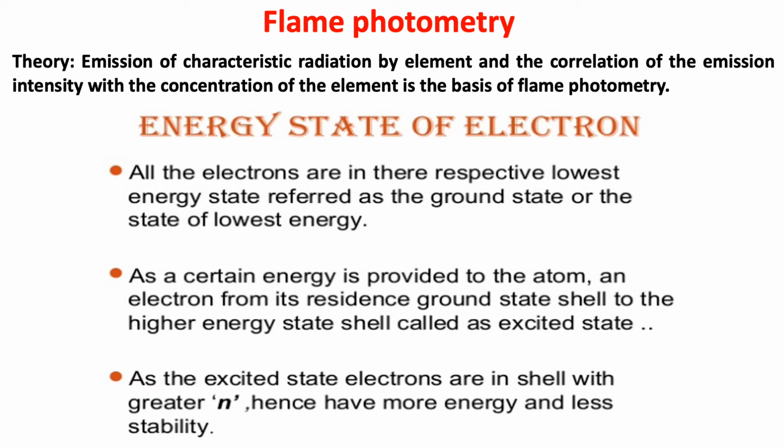In colorimetry you have observed that we are measuring the light absorbed by our solution, whereas in flame photometry we are measuring the emission intensity. Another difference: in a colorimetric experiment we have used colored solutions. In flame photometry it need not be, so you can do it for colored solutions as well as non-colored solutions. There we measure absorption, here we measure emission. That is absorption spectroscopy, whereas flame photometry comes under emission spectroscopy. Both are optical methods itself.